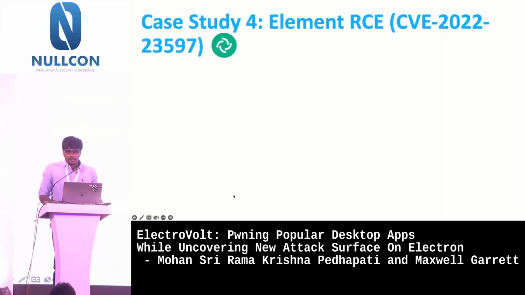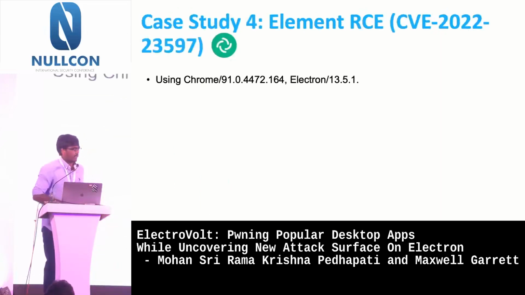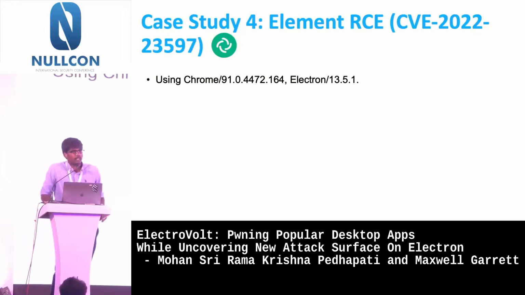So let's see the case study of this bug. How many of you use Element here? It's also like Slack, but it's more secure, they say. It's using Chrome version 91, which is quite old. And if the Chrome version is two versions old, you can get a JIT exploit if you are good enough to read the commits and